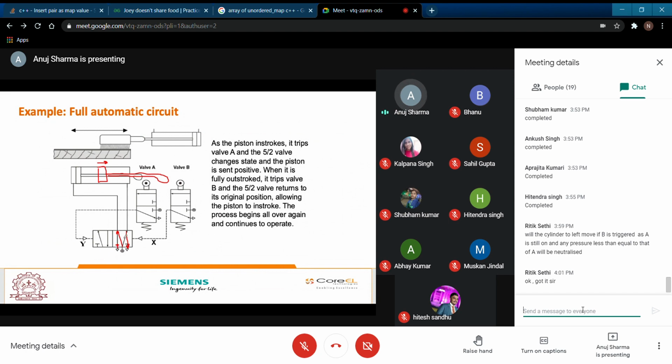It is going to retain its position because there is no external force from the X direction. But the force from the Y direction is also depleted, because there is no actuation from here. Why? Because it is spring loaded and it is moving only for a particular instant. I think, Ritik, you got your answer.